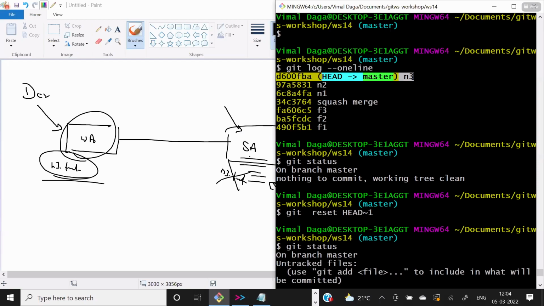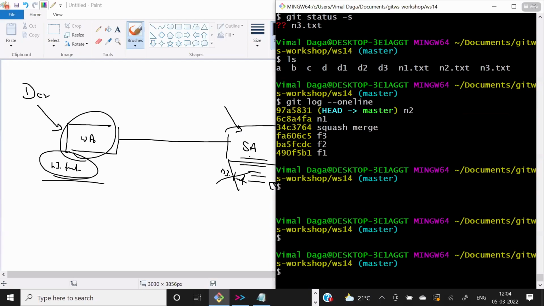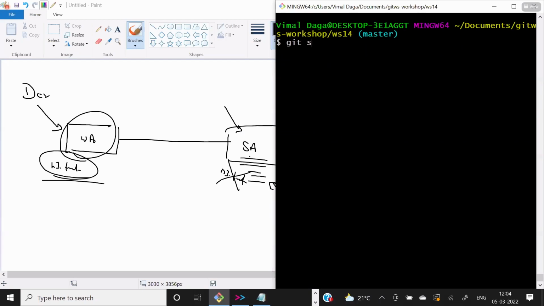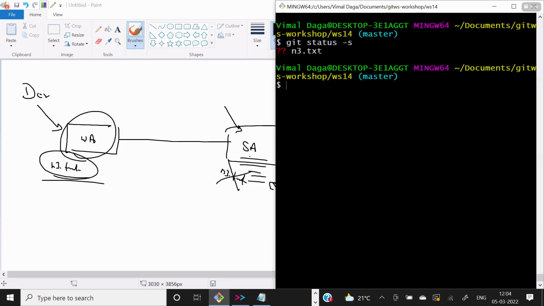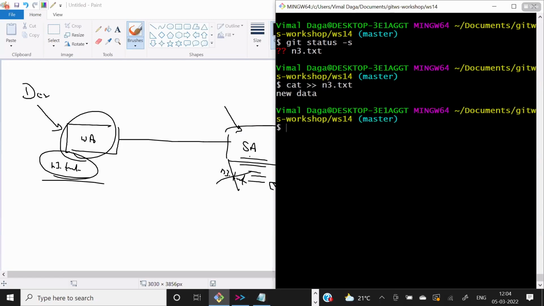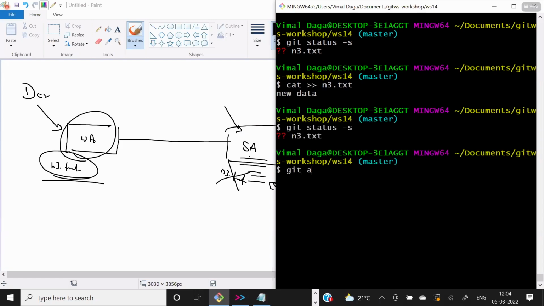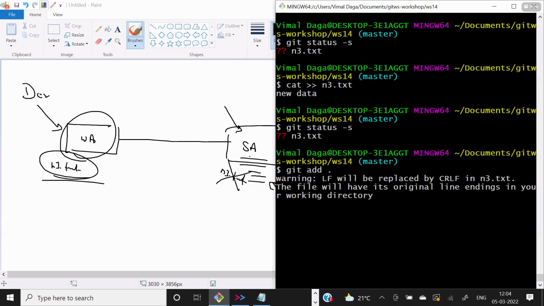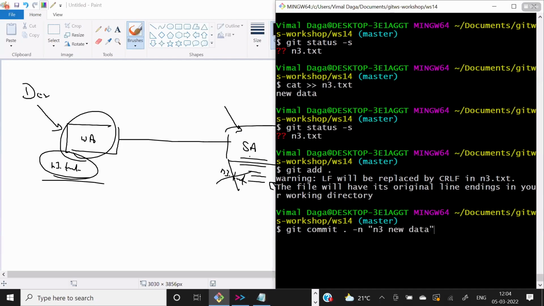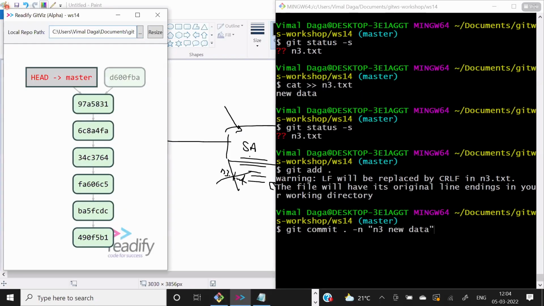Now it comes back as a normal file, the way you added it initially. When you add a new file, Git shows you this symbol, question mark, for a new file. In this new file, whatever changes the developer wants to make, they open this file and put in new data. After the changes, they will add again, and after the add, they will commit again. Let's say M3 new data. Okay, and after the commit,